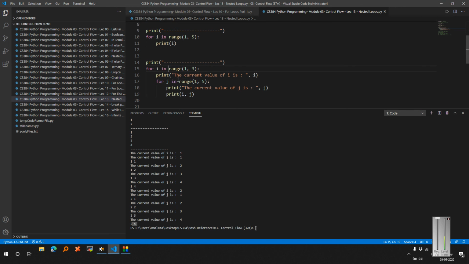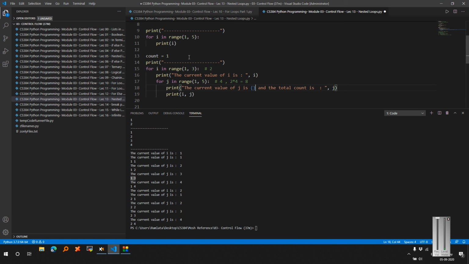In multiple for loops, how many times in total will this execute? The outer loop executes 3 minus 1, which is 2 times. How many times will the inner loop execute? 5 minus 1 is 4 times. What is 2 into 4? 2 into 4 is equal to 8. So the total number of executions is 8 times, and that you can verify. First time, second time, third time. Okay, let us keep a count. Count is equal to 1, and the total count is